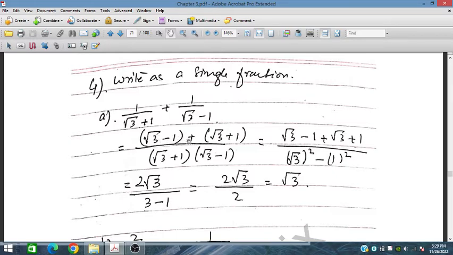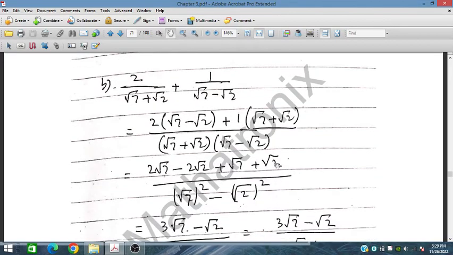and under root 3 plus under root 3, plus 1 minus 1 cancel out, 2 under root 3. In the denominator we have 3 minus 1, so it's 2, cancel out, and it is under root 3. So on simplifying this we have under root 3. Similarly for this one,